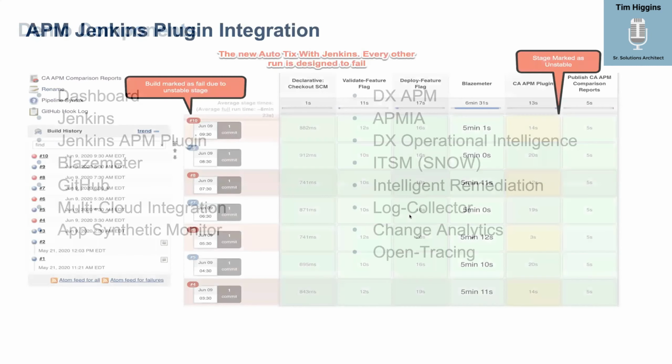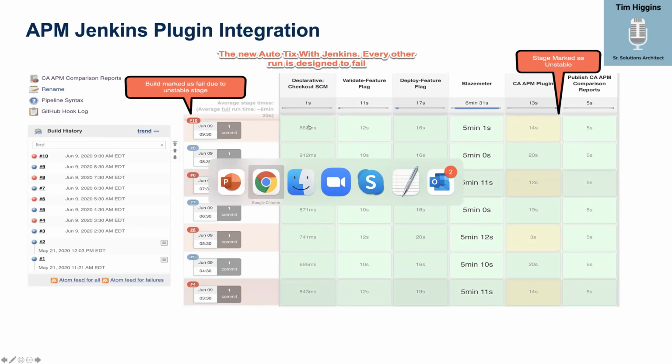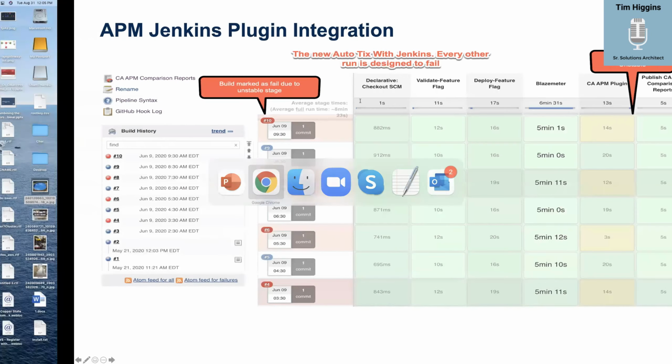Let's go ahead, and what I'm going to do is show you how the demo is kicked off, and then we're going to go look at the demo. This is the APM Jenkins plugin, and it's showing me right away that we're starting to have some downtime. Okay, it's some slow time. So what happens is the Jenkins flow goes through, BlazeMeter gets kicked off, then the APM, and so forth. Now, I'm not going to spend time showing you that because that's really not what this demo is about.